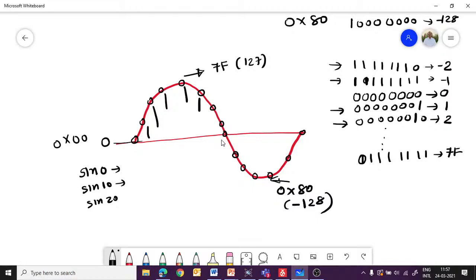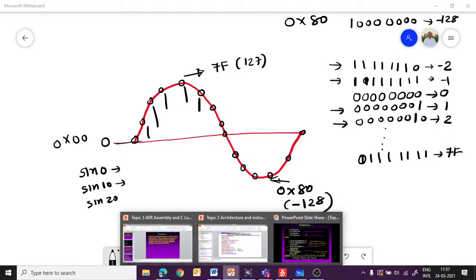If you take sine 0, sine 2, sine 4, sine 6, alternate samples, then the number of sample points would be 180. And if you take a jump of 10, sine 0, 10, 20, 30, 40, up to 350, the number of sample points would be 36. So you will get fewer sample points. Ultimately all these sample points you have to store in a lookup table. We will see this later when we discuss the digital to analog converter. At that time we will repeat these things again, right?